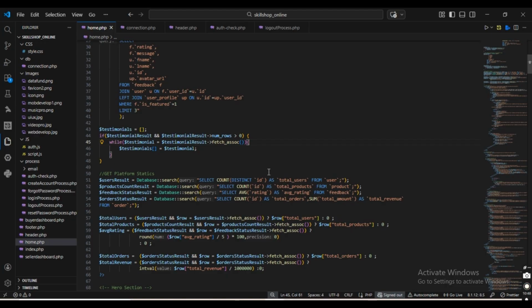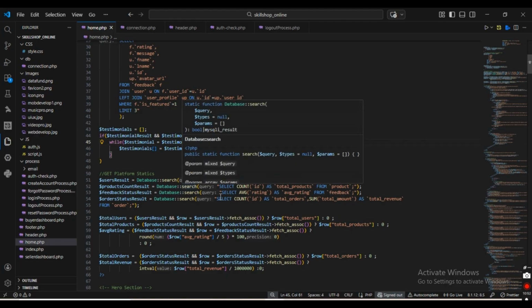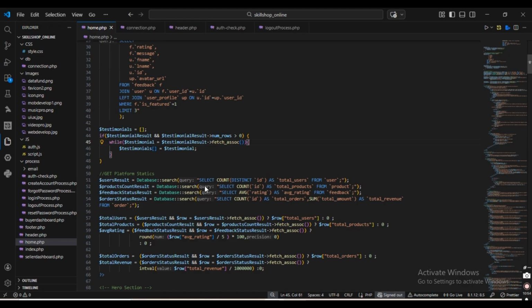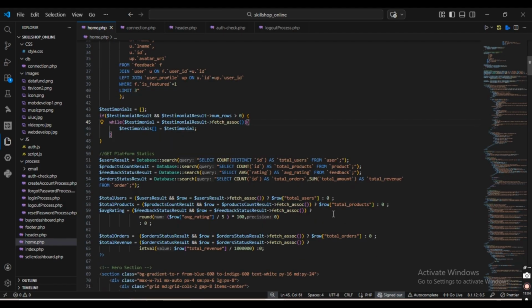Now, in this section, I'm getting platform statistics to display on the home page. These statistics make the website look more professional and trustworthy. In here,